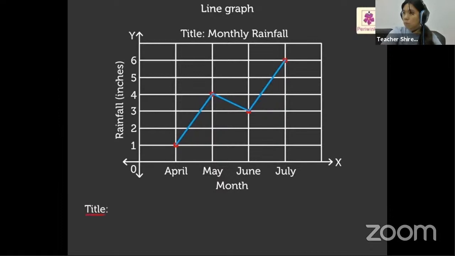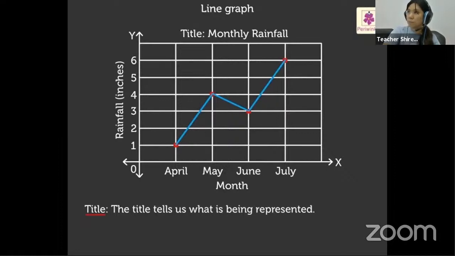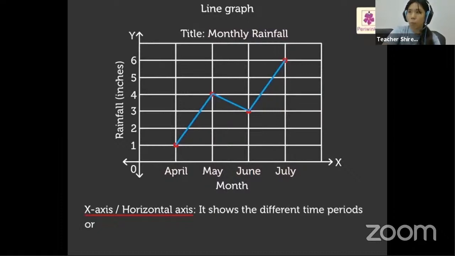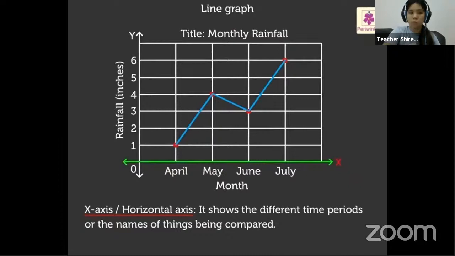Firstly, the title. The title tells us what is being represented. The given line graph shows the rainfall from April to July. Next is the x-axis or horizontal axis. It shows the different time periods or the names of things being compared. In this line graph, the x-axis indicates the names